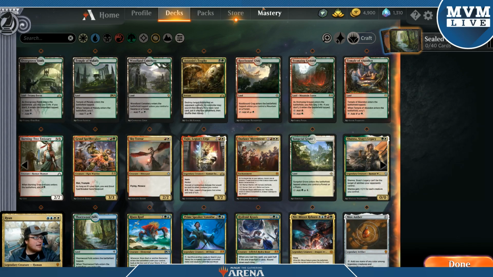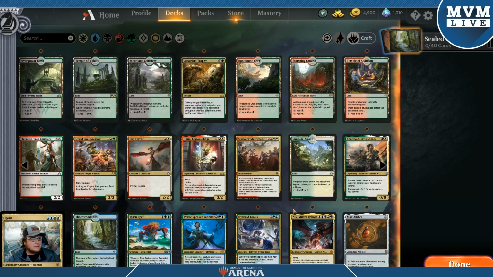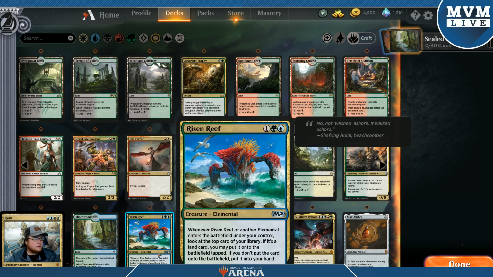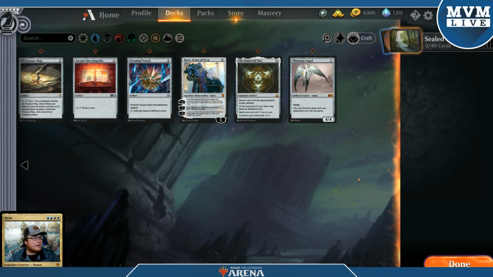Put in here with that. Niv-Mizzet Reborn. I don't want to do all colors, but that makes it really, really tempting. There's some great green blue. Maybe I do green, blue, white. It's actually what I'm kind of thinking. Yeah, I think I'm going to do...